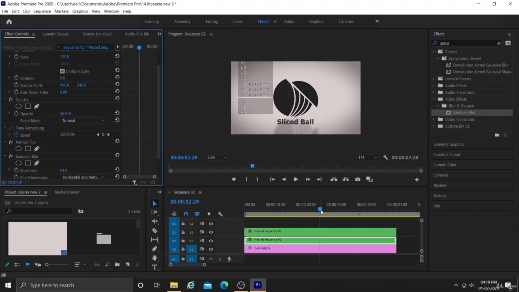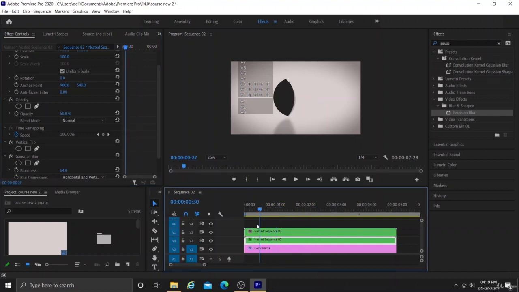So now you can see it is looking like a shadow, and since the sequence has all the animation applied to it, it will move in a similar manner as your logo. So it is like a duplicate of your logo. What we have done is that we have mirrored